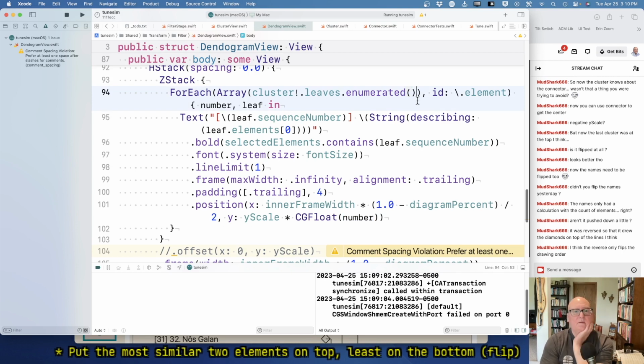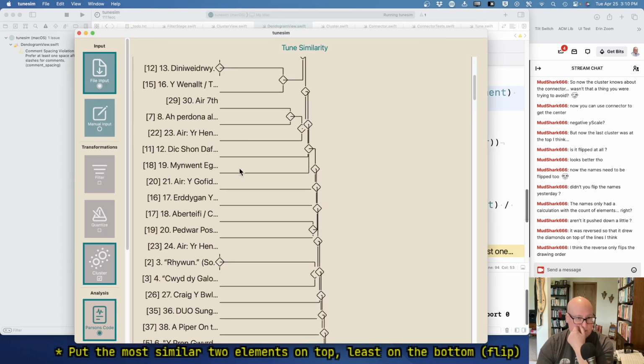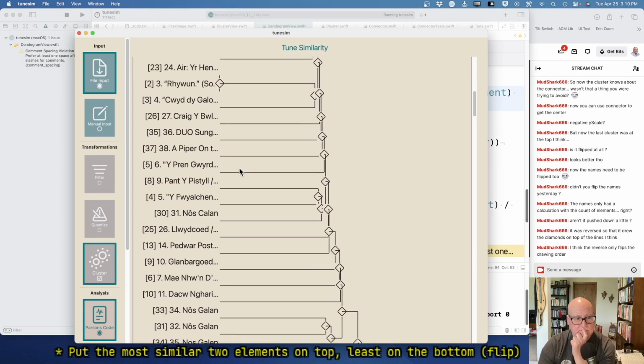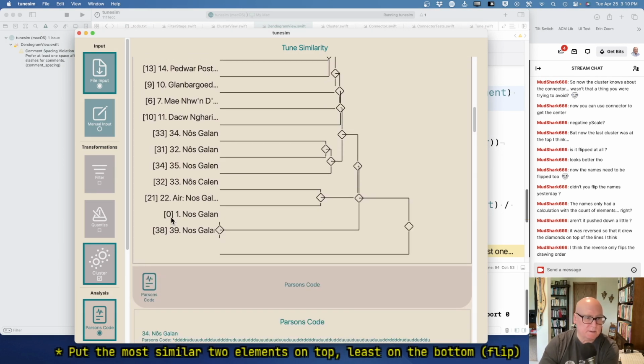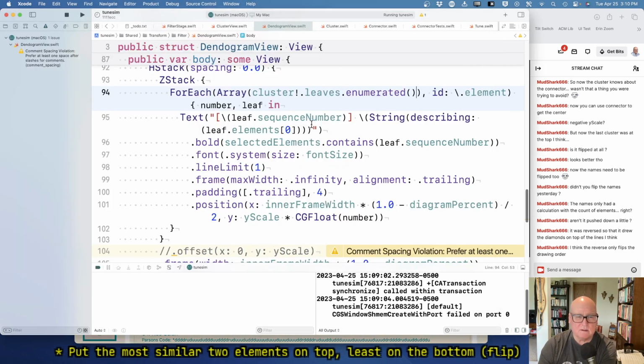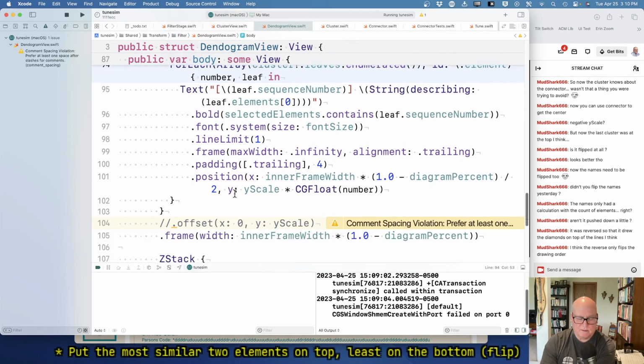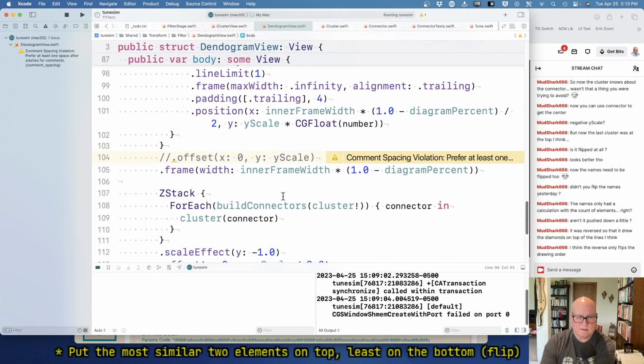Well, no, you'd think that would flip the numbers. Leaf sequence number. I've got these. Oh no, they're zero based. Leaf sequence number. But I think this gets back to my problem with doing it the way we're doing it, that